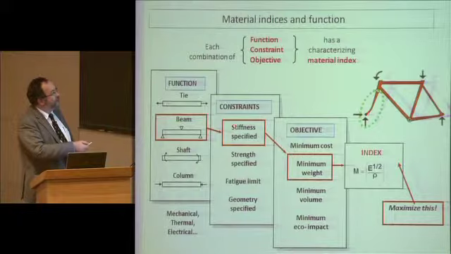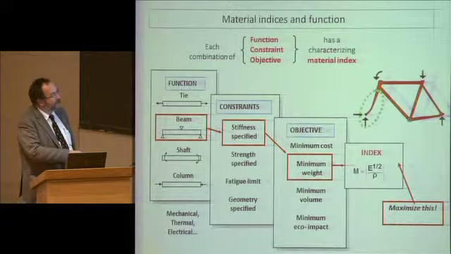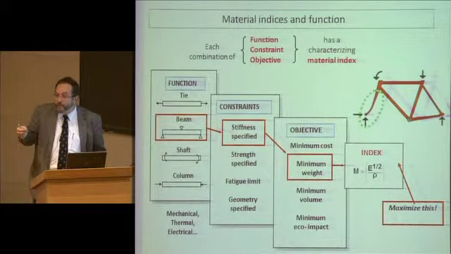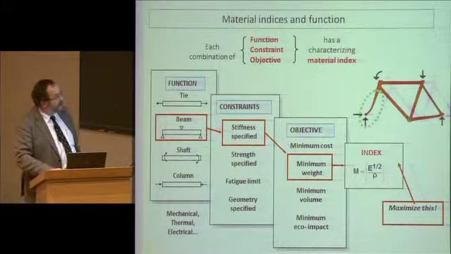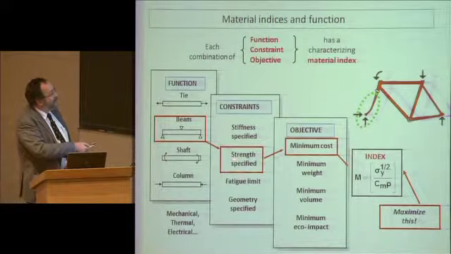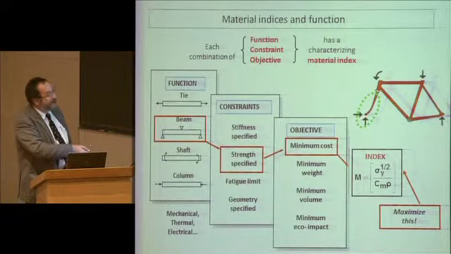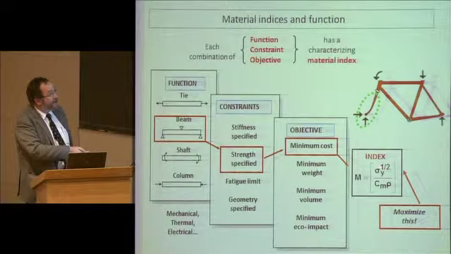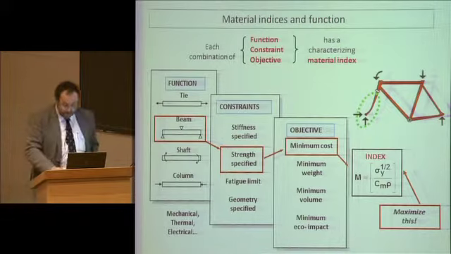Now, if you actually want to have a beam here, you want something that's stiff. You still want minimum weight. What's going to be important is E to the power 1/2 divided by density. I won't give you the details of this algebra, but if you say that it is limited by a strength, I would see that the performance index, if I want to minimize the cost, here it's the material cost, not the process cost, you have the elasticity limit to the power of 1/2 divided by